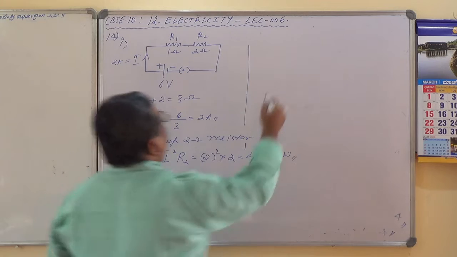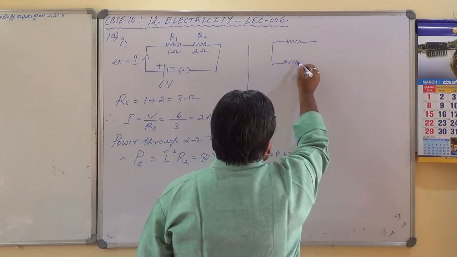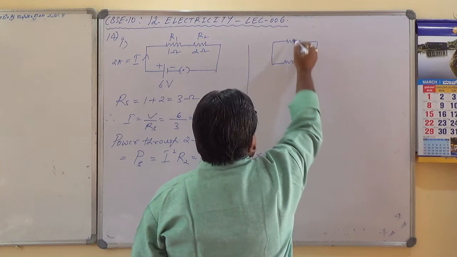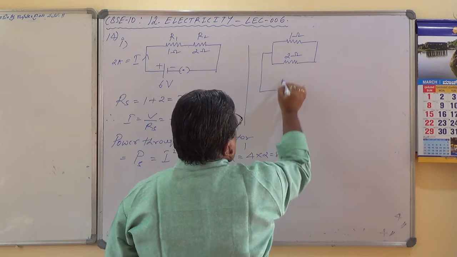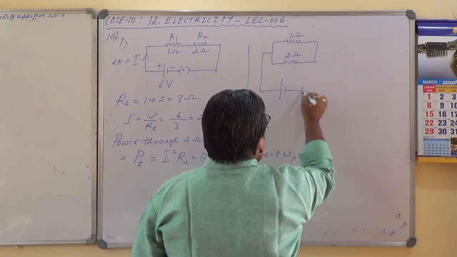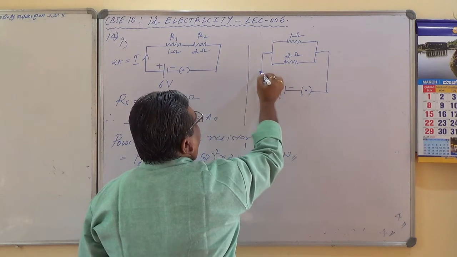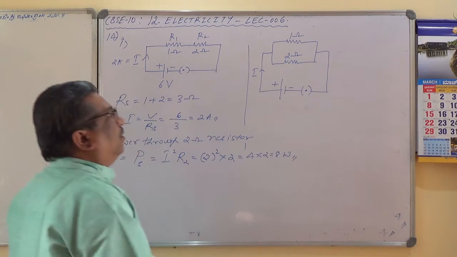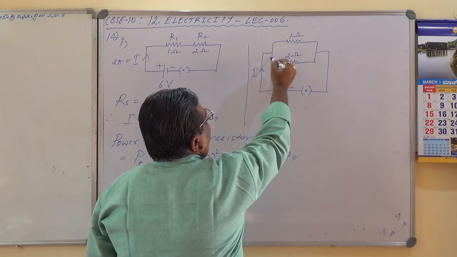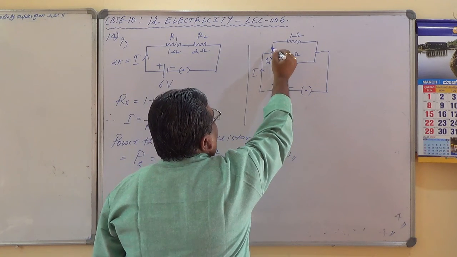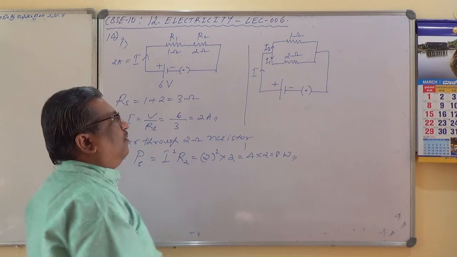What about now next? Case 2, these two are connected in parallel combination, 1 ohm and 2 ohm. And this is how the connection is. How do you calculate this one? See, power here, there are two separate things. This is I1 here and this is I2 here. Is it right? So how do you calculate here?